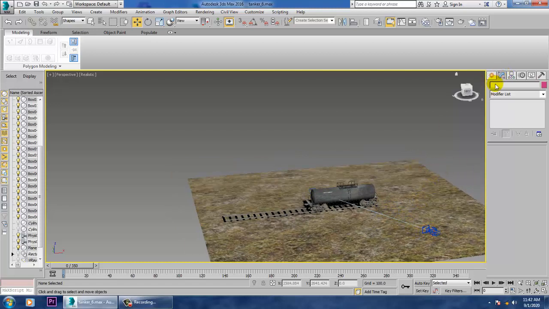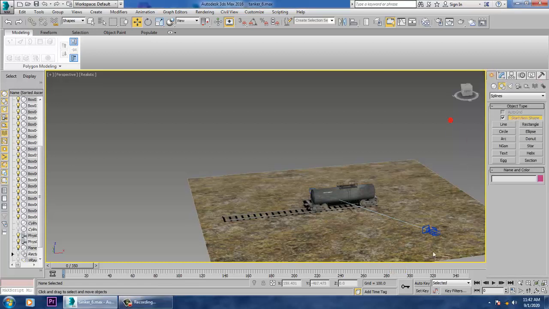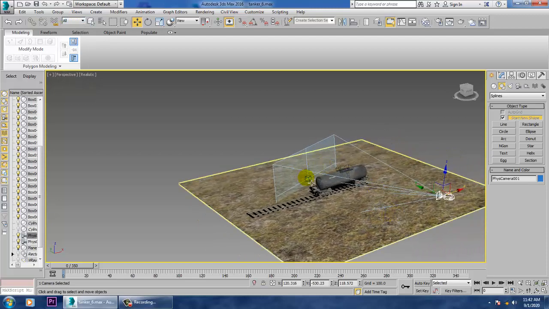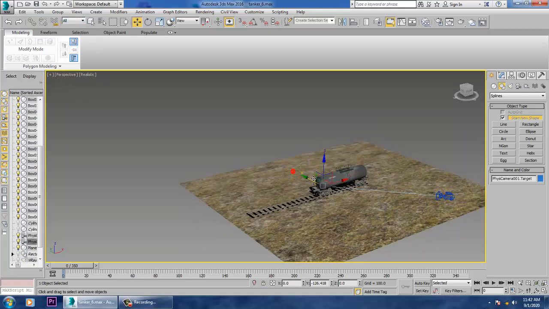So let's save this file. Save this file. So let's go into this all, select this, so push it over here.